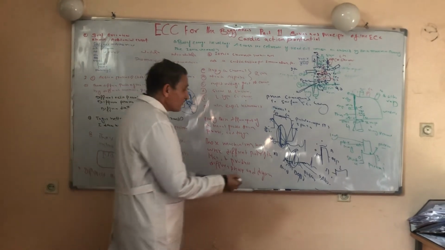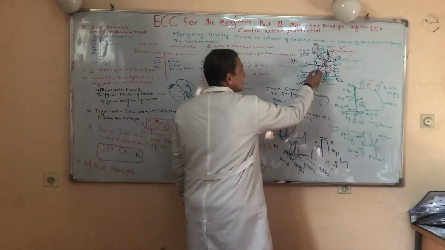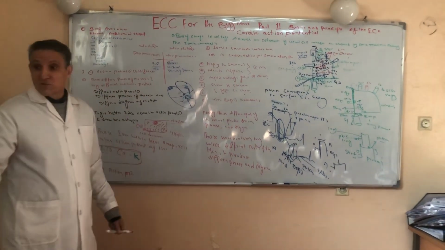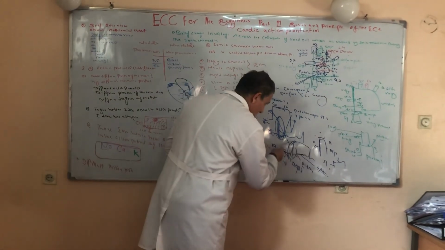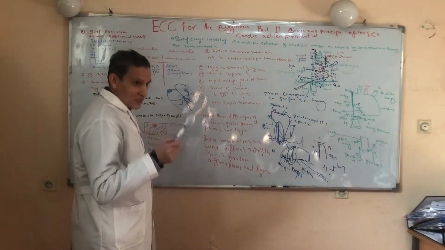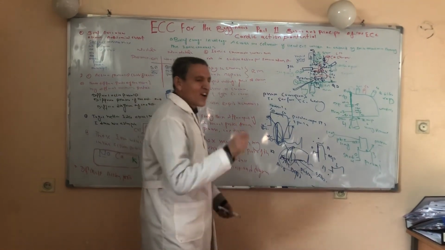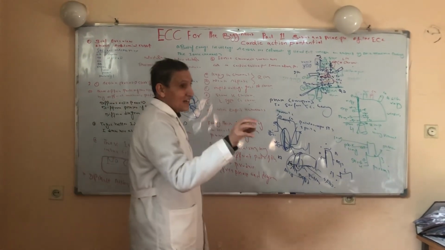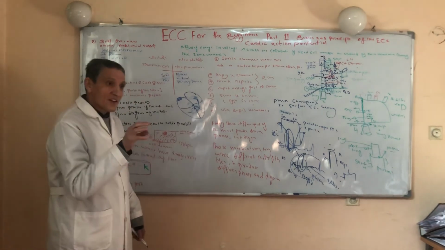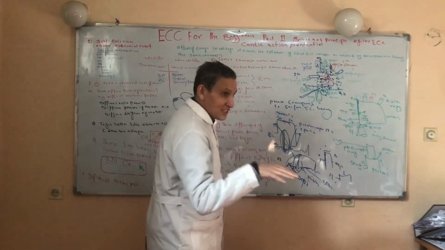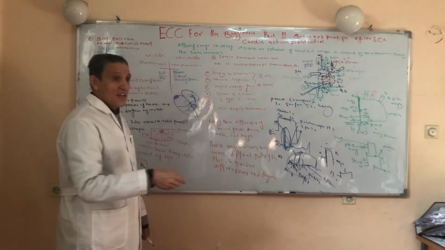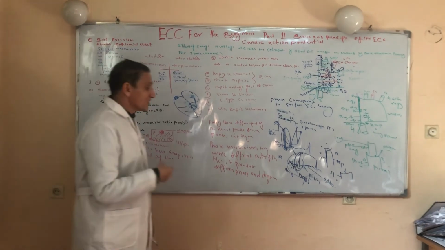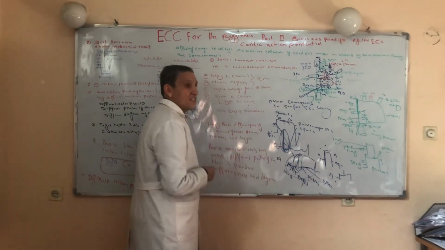So when we record the electrical activity of the heart from the body surface, we will get this type of clinical picture. Action potential has another definition: recording of the electrical activity of a single cell of myocardial tissue from inside the cell. This is called the action potential. While the ECG is recording of the electrical activity of the heart on ECG paper. The action potential is from inside the cell, and the ECG that we take is from outside the cell, I mean from the body surface. This was the difference between the action potential and the ECG surface.